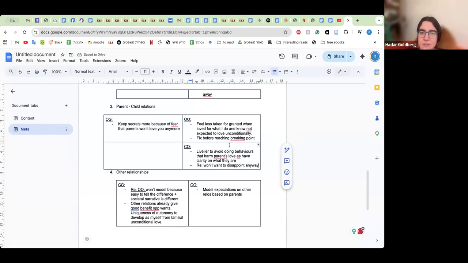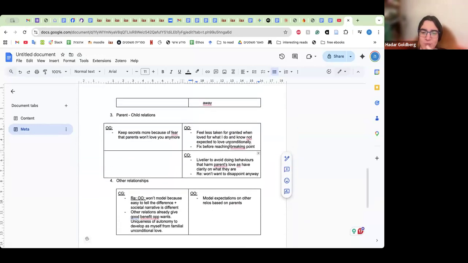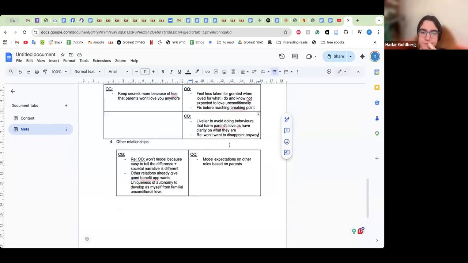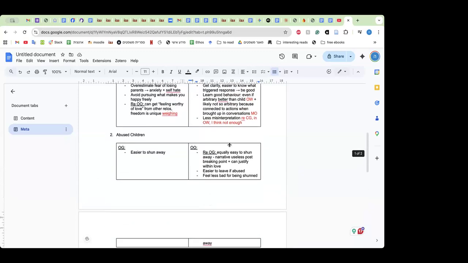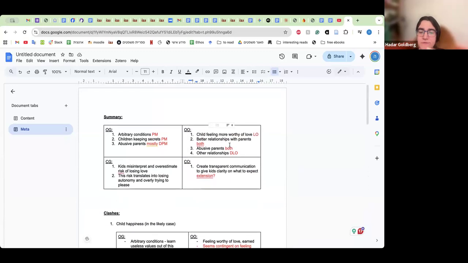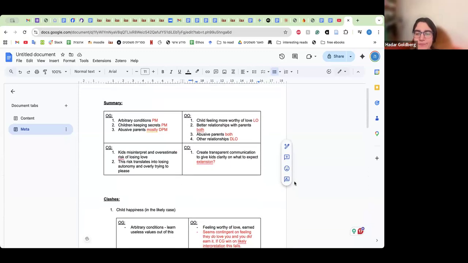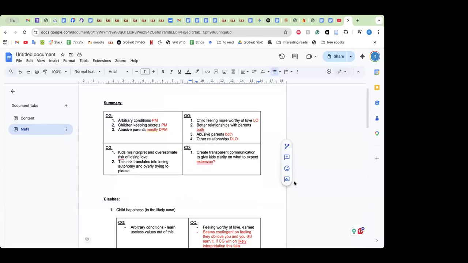Okay. Do you feel comfortable with CO placing over OG? Yes. How do we compare CO with OO? That is, I think, more difficult. This is the clash that is the closest for me, but